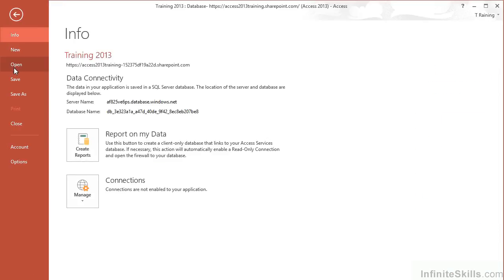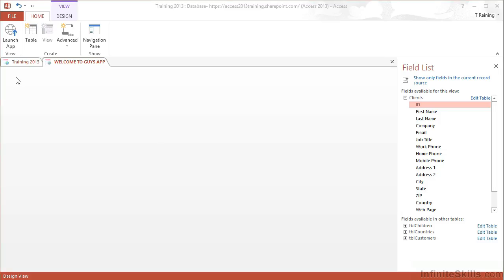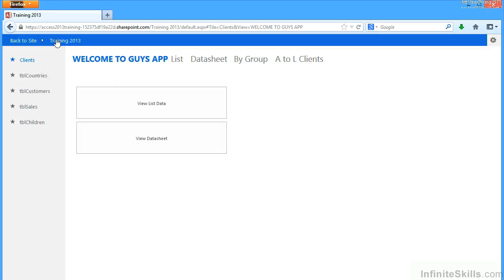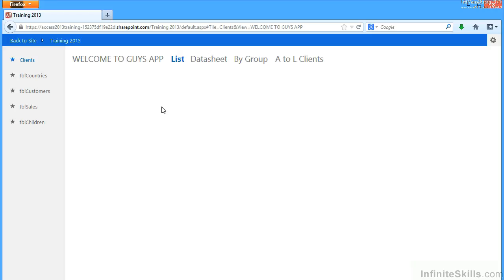And then we do a save so that the web app gets refreshed. Go have a look and refresh. And my welcome screen loads first. Welcome to Guys app. Two big buttons, one to view the list data, and you'll see that it jumps through